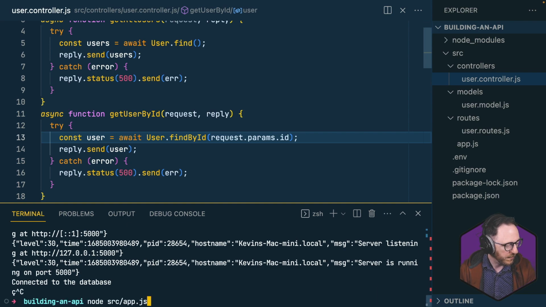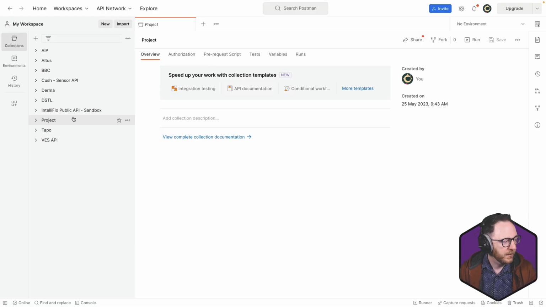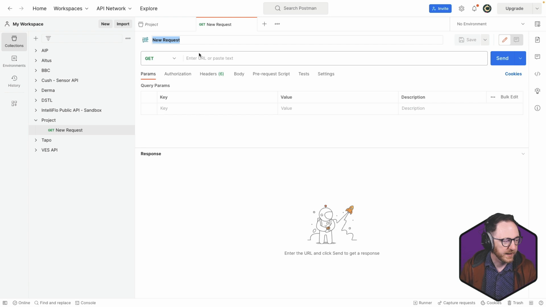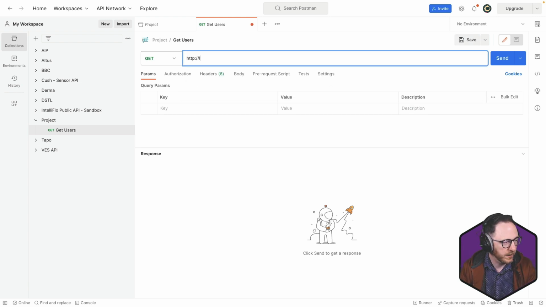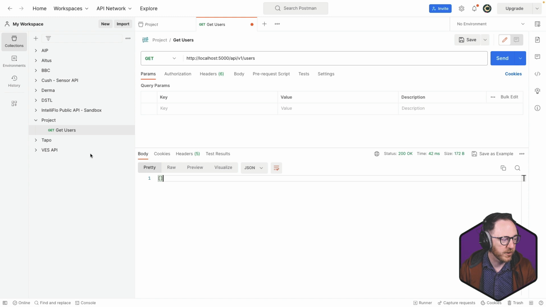So now I'll restart my server and I will create a request so that we'll test get users. We'll do that with localhost 5000/api/v1/users. Empty array because there are no users. That makes sense. Let's duplicate this